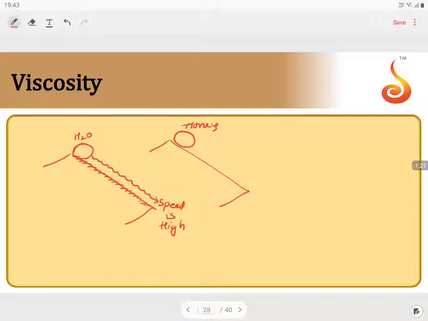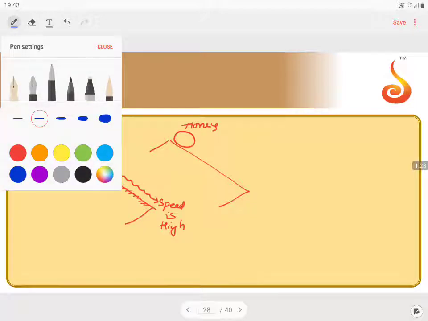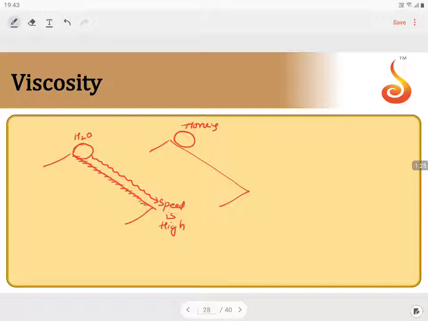But when you observe the honey drop, let us divide it into layers for our understanding. Slowly you will see the first layer reaches down. Then the second layer comes, third layer, fourth layer, fifth layer, sixth layer comes. So every single time, the top layer becomes the bottom layer, again and again.